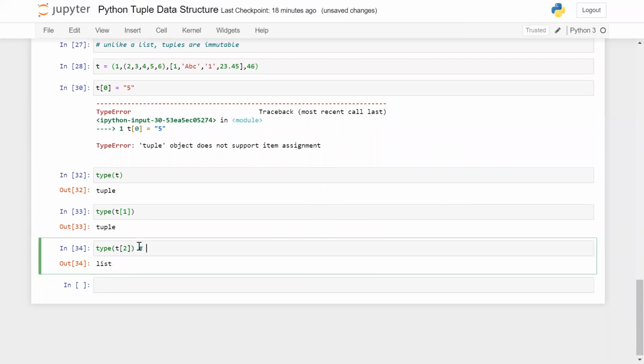I know list is a mutable data structure, which means I can change the element.